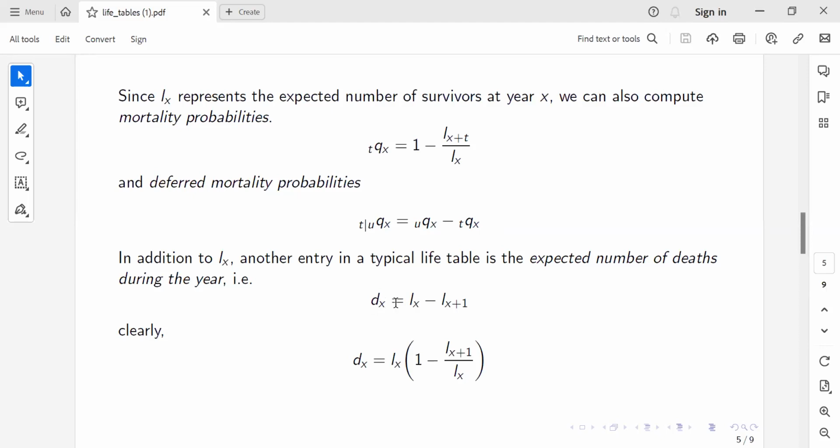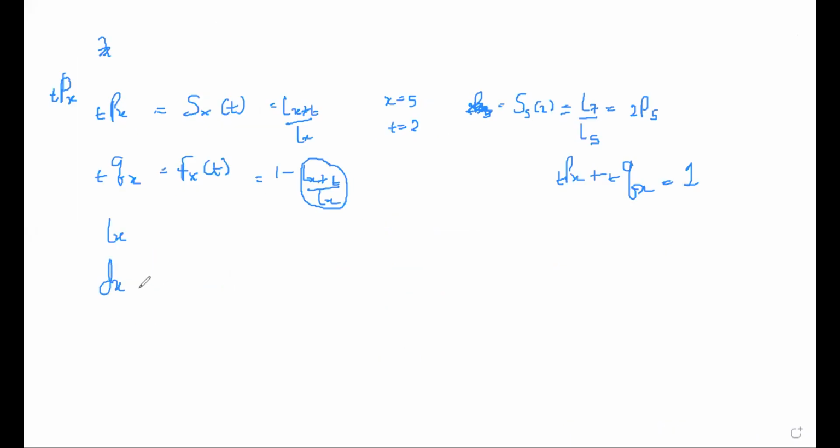So how do you write this out in life table form? It's lx minus l(x+1). And it makes sense. So lx is the number of people who are alive at age x, and then l(x+1) is the number of people who are alive at age x plus 1. So if you take, let's go back to our whiteboard. So we are saying that dx is equal to